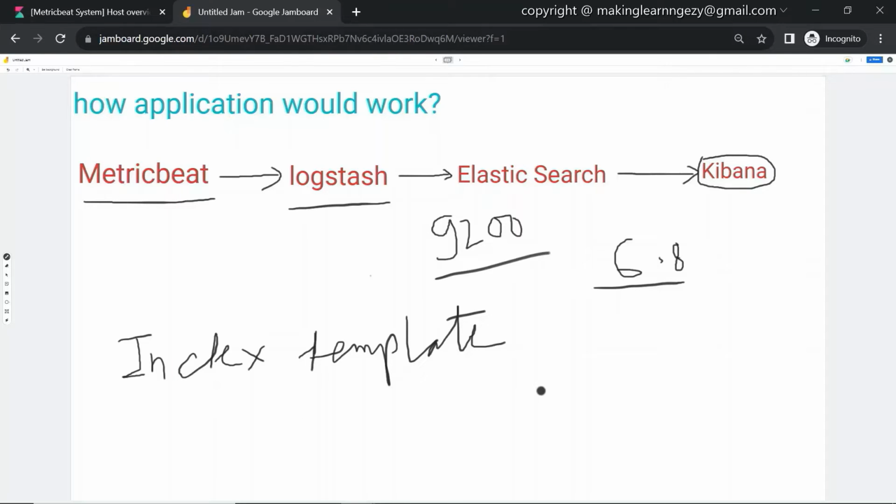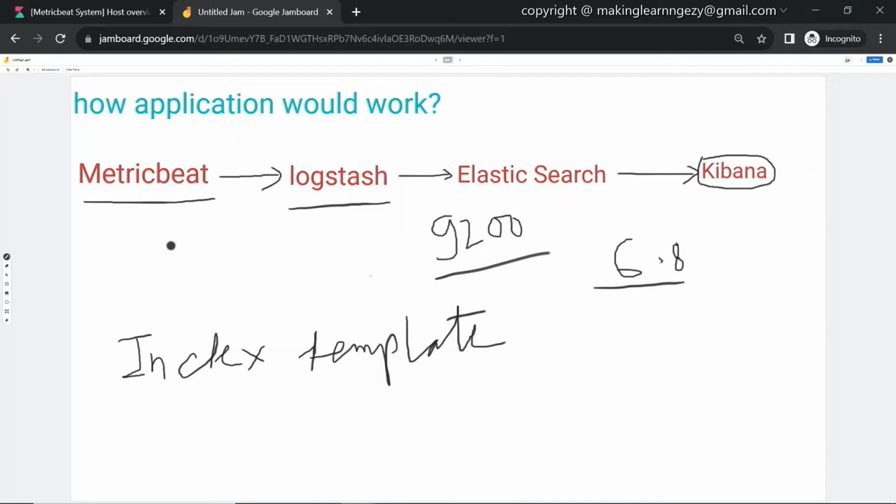So when Elasticsearch creates an index, it refers to the index template present in Elasticsearch to create the index. There is a default index template provided by MetricBeat, and we are going to use that index template.